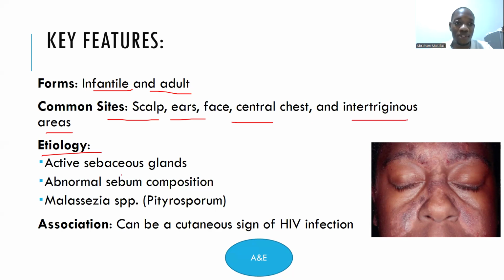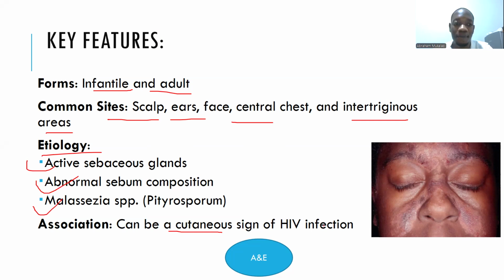The exact cause is not yet known, and you have three things that we think may be involved: active sebaceous glands, abnormal sebum composition, as well as infestation with the Malassezia species, currently also called the Pityrosporum species. It has also been associated as an early sign of HIV infection. So if you have a patient who has these scales, especially in the seborrheic areas or in areas with a lot of sebum, you try to treat, and there's no improvement, you may actually need to test them for HIV because it is one of the early signs of HIV